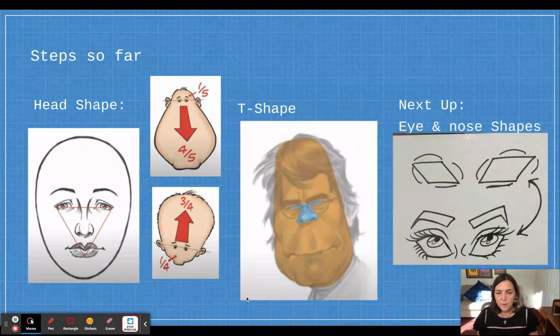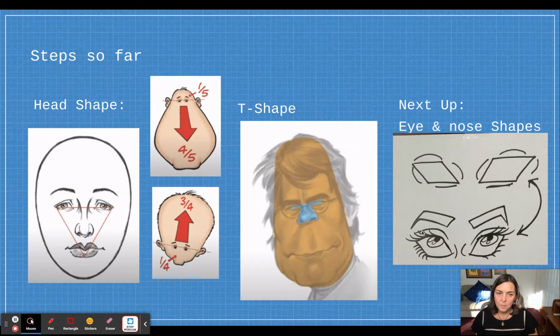All right, so far you have looked at head shape. Now we're looking at T shape. Next up, you're going to be working on the specific features of the face. But for this lesson, what I want you to do is add on to the head shapes that you experimented with. Try some different T shapes. Look at yourself, because this is a self-portrait. Notice what T shape you have, or is there an expression that you want to make that you would emphasize with the T shape? All right, so for this lesson, go ahead and do some sketching, upload your picture, and